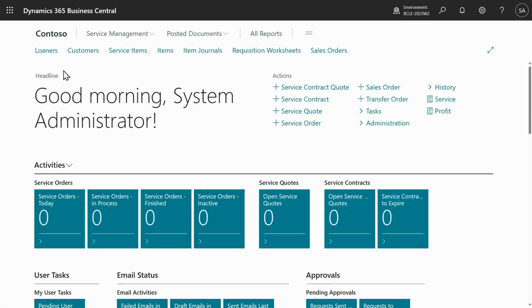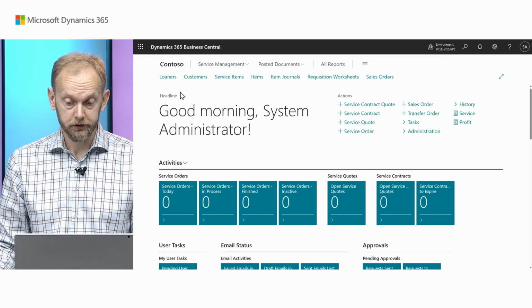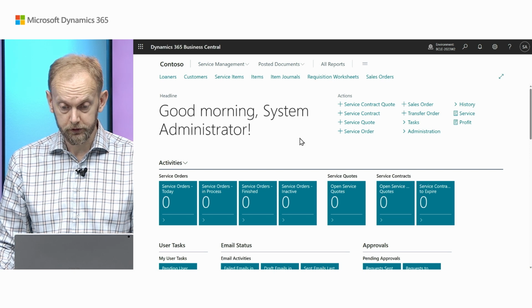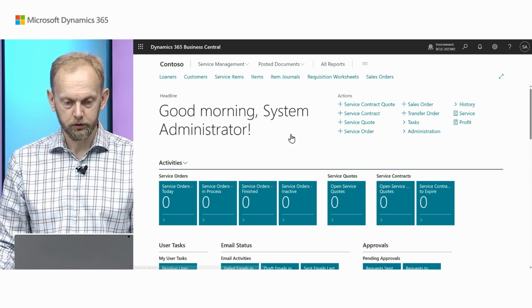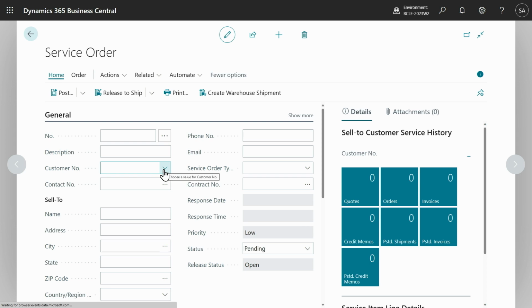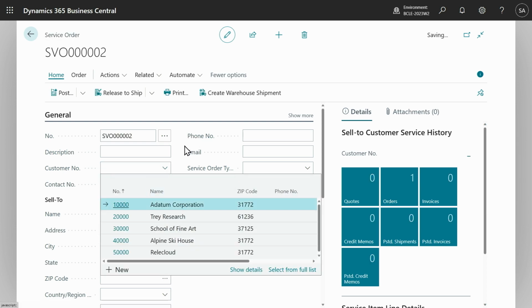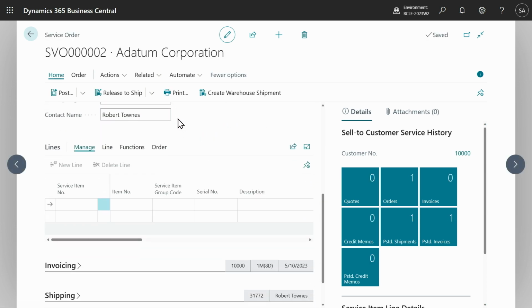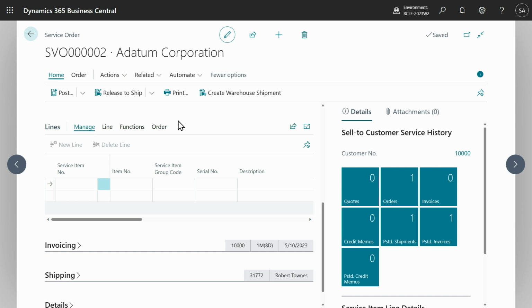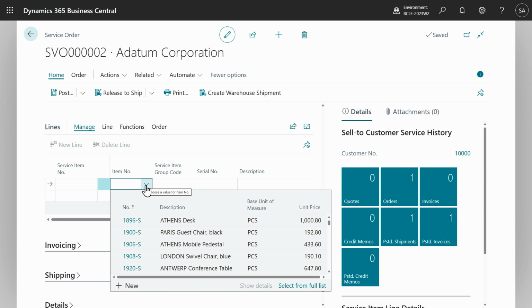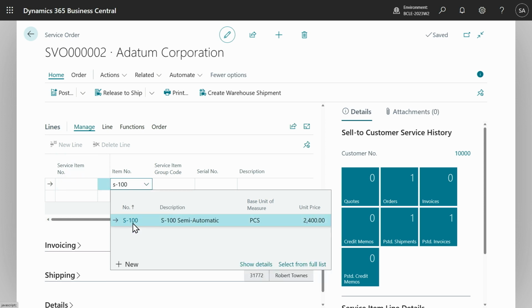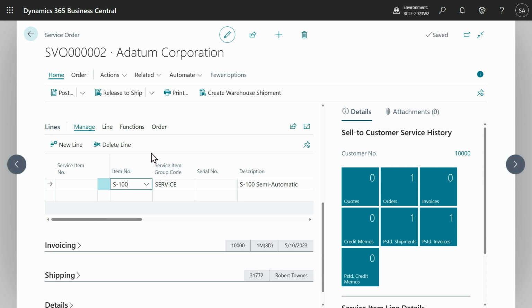And now we have enough demo data to demonstrate two very different scenarios, both in the service area. I will start with an ad hoc service order. So somebody unknown, or maybe known, in this case our favorite customer 10000, approaches our company because they have issues with one of our items. But it was not us who sold it to them. It was somebody else. That's why we don't have it as a service item created, but we can actually use a normal item.